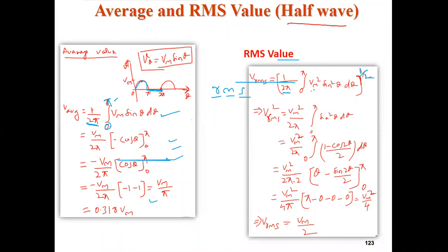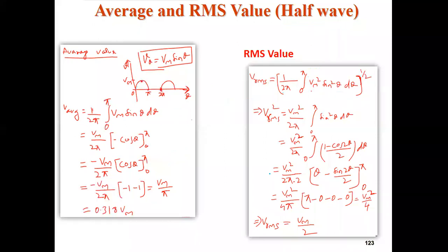So the signal is Vm sin theta. Squaring it gives Vm squared sin squared theta d theta. When we integrate it, actually it is 0 to 2 pi, but from pi to 2 pi there is no signal, so again it is 0 to pi. Okay, so did all of you get this or not? This thing I have already explained, I am just explaining once more, briefly telling you that you have to remember these portions, otherwise if the first line is wrong, then your last result will also be wrong.